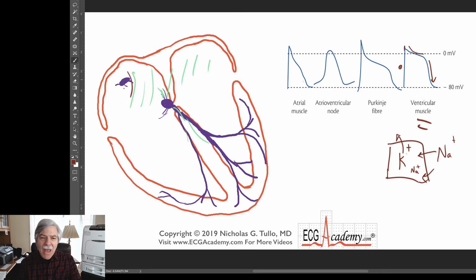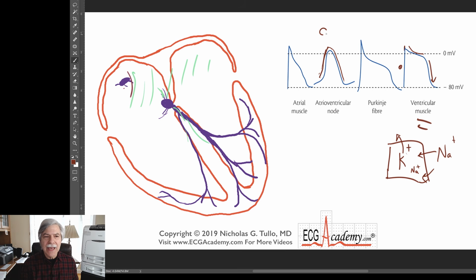So, okay, where was I? The thing is that the pacemaker tissues, the AV node and the sinus node, don't have rapid sodium channels in the cell membrane. And so they depolarize because of calcium that moves slowly into the cells through slower calcium channels. And so here's your AV node or AV nodal cell, and you notice the depolarization is much more slow and then the repolarization occurs more slowly. So it's a whole different behavior of the cell, and that's why AV nodal cells behave differently than sodium dependent.